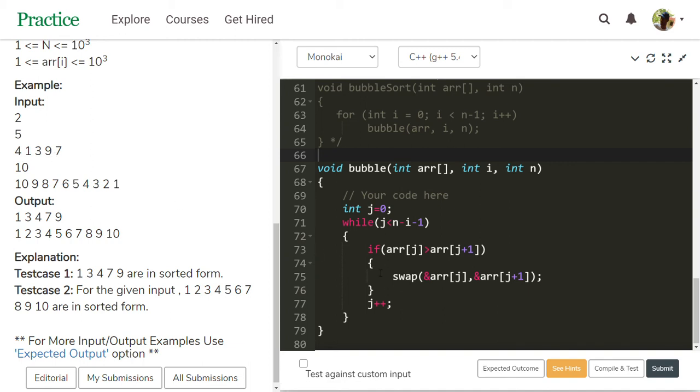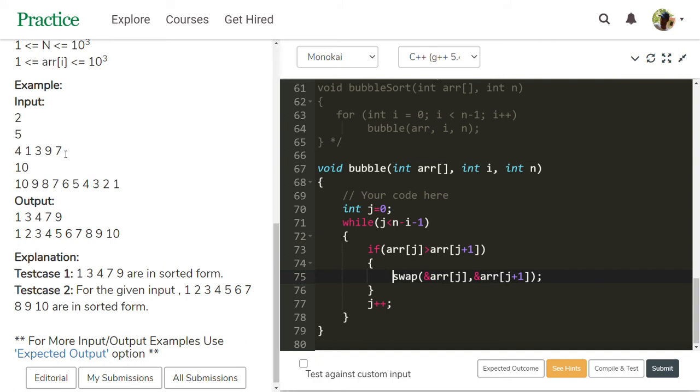So this if block is not executed, j increments. j value is 3 now. 3 less than 4, it is true. arr[3] greater than arr[4]? Yes, 9 is greater than 7. This if block executes and the values are swapped.